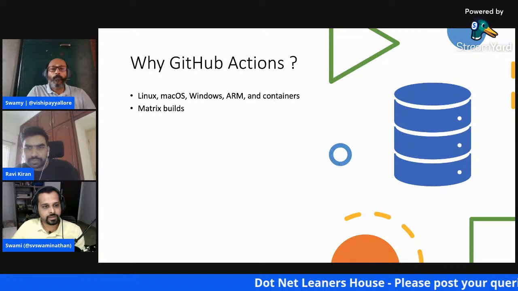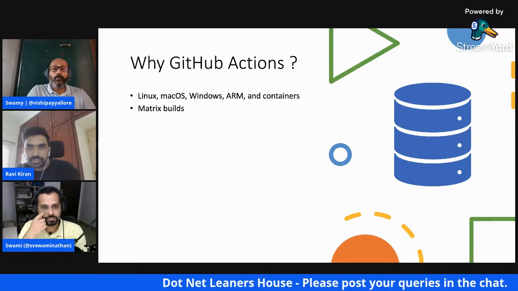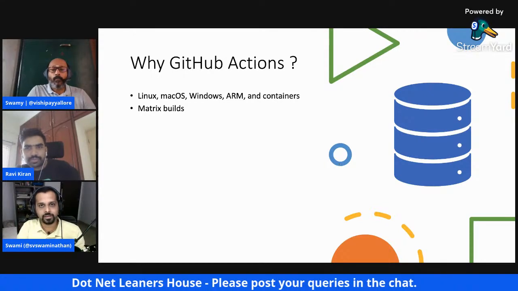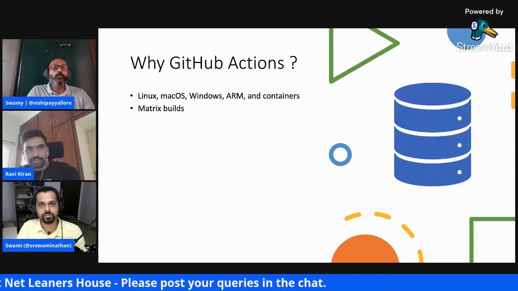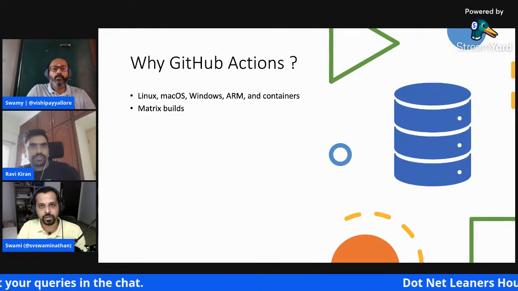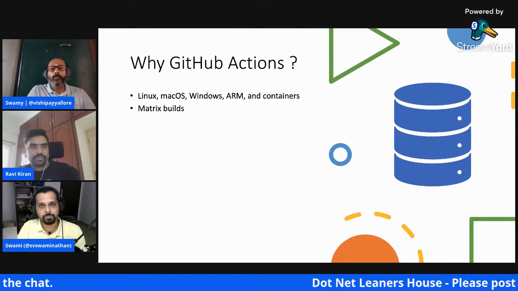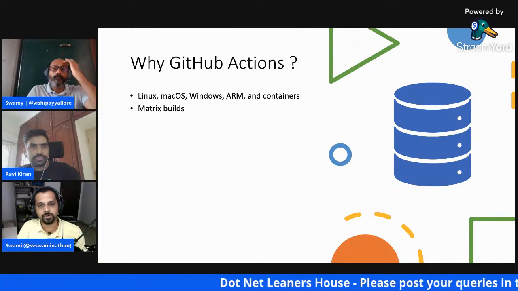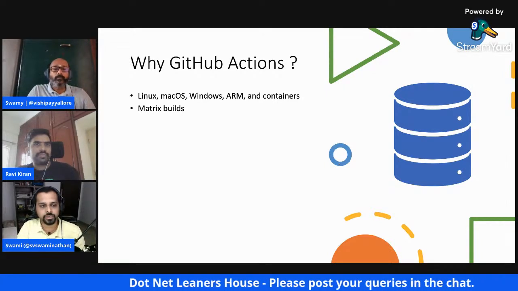And there's something called matrix builds. Let's say we're talking about a .NET developer. .NET currently is .NET 5, and we know next month, in November, we are going to have the .NET 6 release, and year on year we are going to have new releases coming up. The same thing is happening in different programming languages as well. Even Java would have maybe Java 14 or 15 or whatever. It keeps coming up.